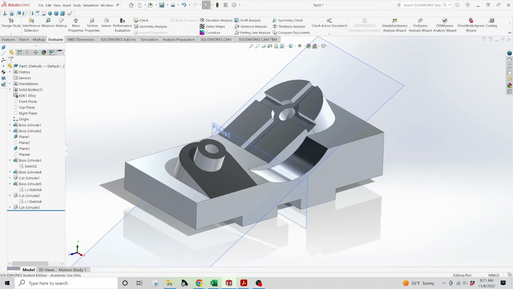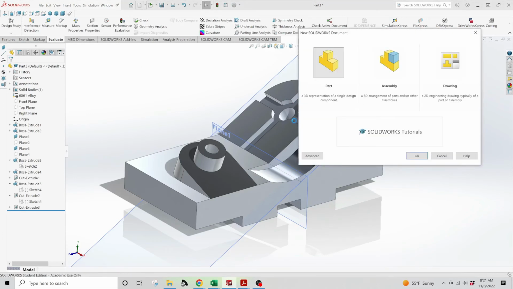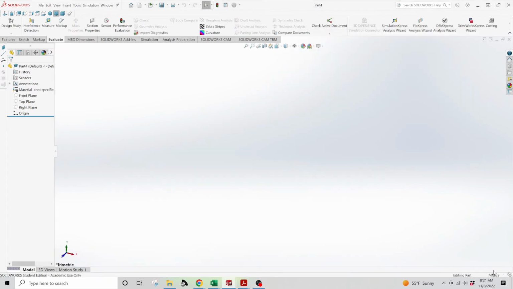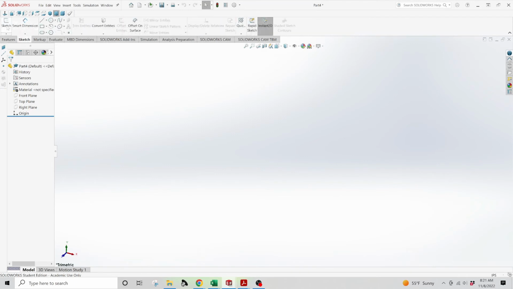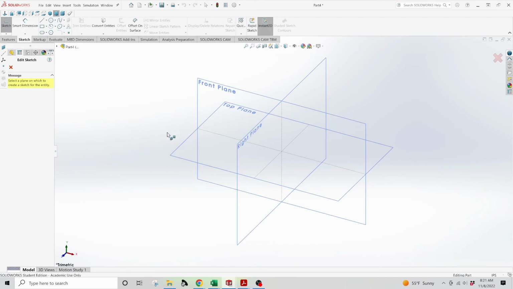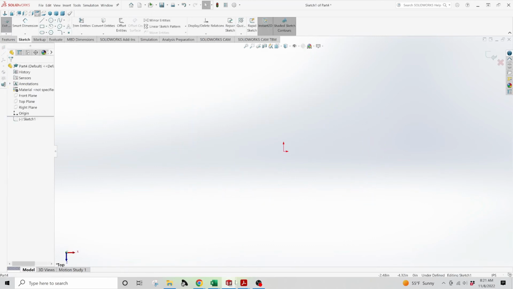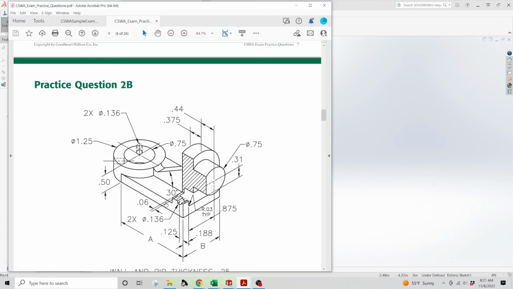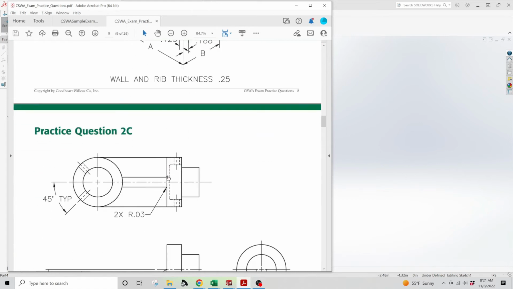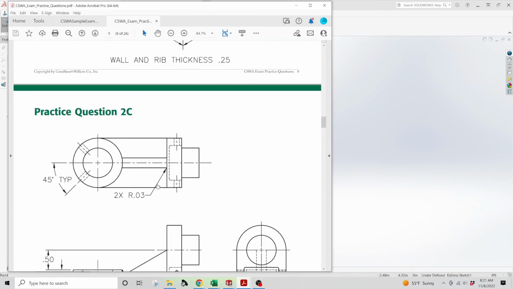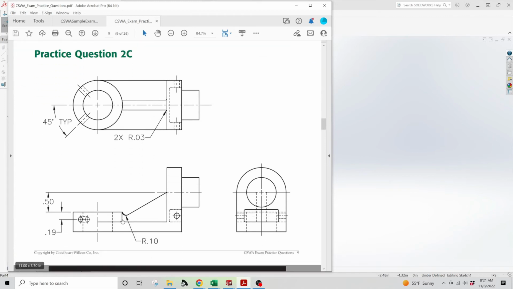So we'll go ahead and create a new part. First things first, we'll switch over to IPS so that all of our dimensions will make sense. Then we'll go ahead and start a sketch. So this is one of the instances where it's okay to start from the base rectangle, because you can sketch a significant portion of this detail. The side profile,